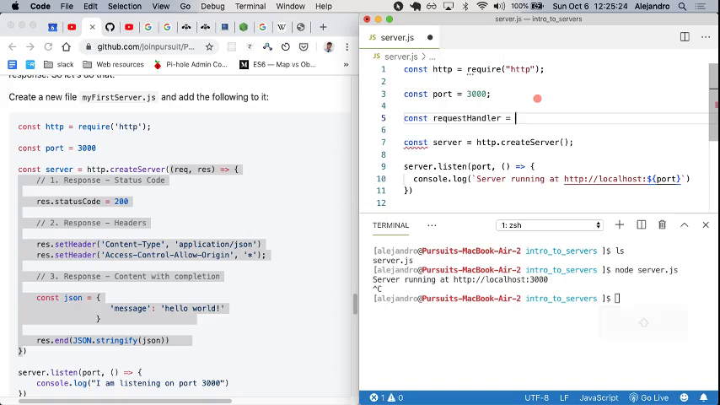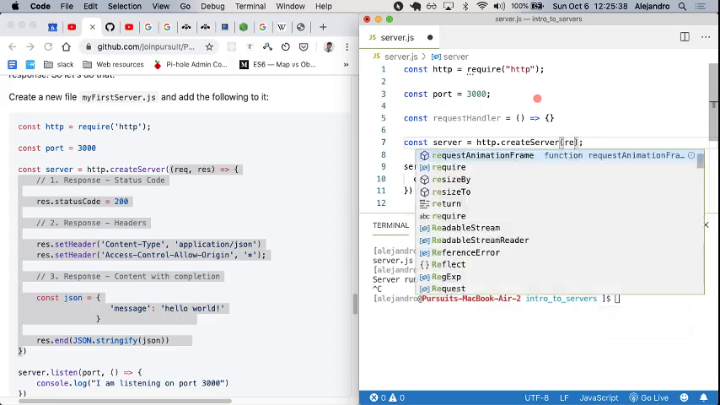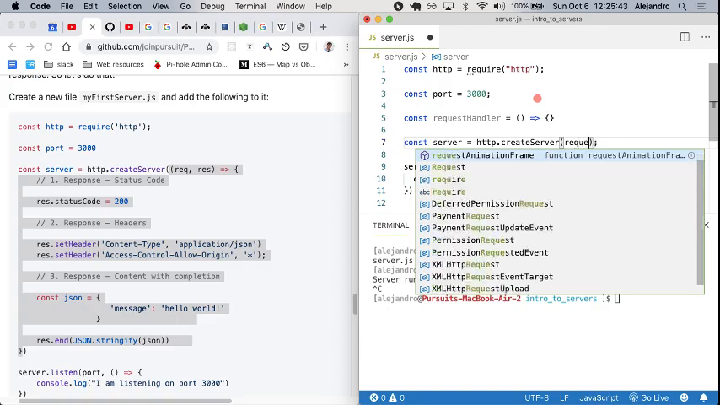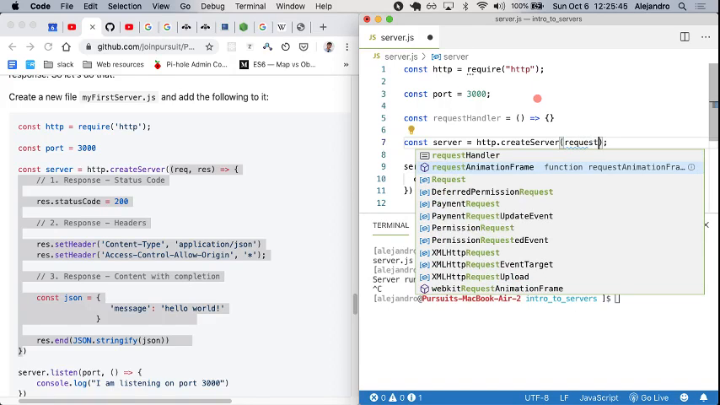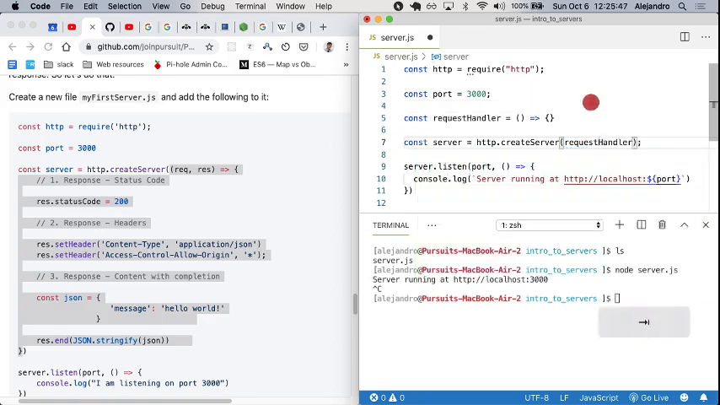equal a function. Now this function is gonna pass here to my create server function invocation, request handler. So this function,